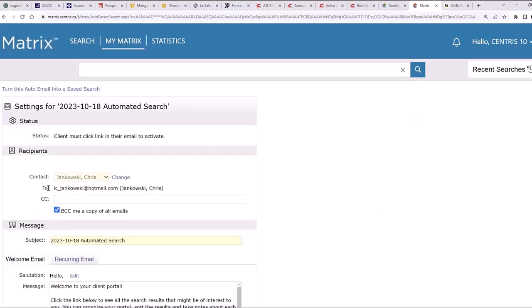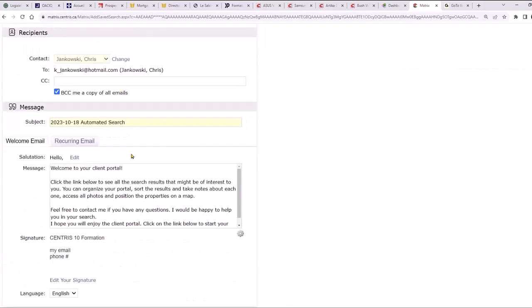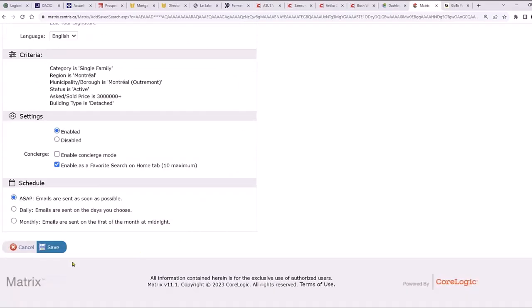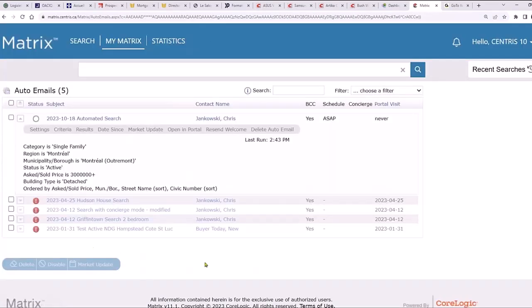We can click settings. a_jankowski@hotmail.com. That is correct. So if there's anything to change in here, you can always edit, right? I'm just gonna click cancel. And sometimes it's annoying to wait for the messages to come in. Of course, when I want it to arrive in 30 seconds, it's going to take some time, right?